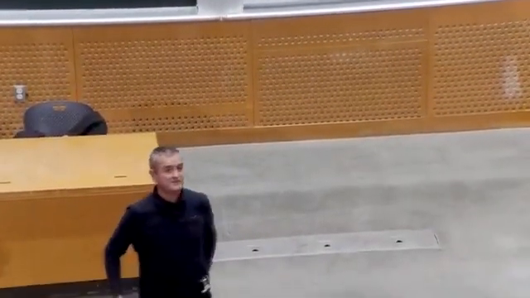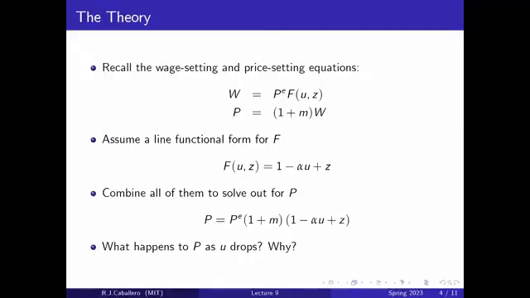The expected price is equal to the actual price. Okay, so we said if this is equal to that, then you solve out that's the natural rate of unemployment, and that's the only thing that natural rate of unemployment means. Simply that one when the price is equal to the expected price. But if the price